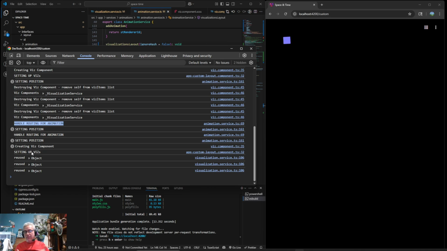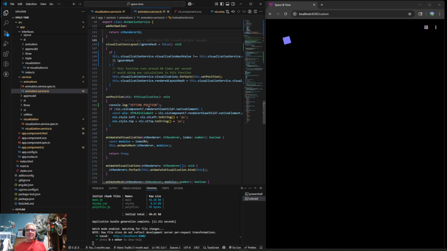And that does make sense if you think about it, because the services have to exist and have to be all set up before the components can be. So it makes sense that the services would do their basic constructor work and all that other stuff before the components. So that seems to be a thing. Now, that's a story. I don't know if it's true or not. It's just a story. So let's try to validate that story.